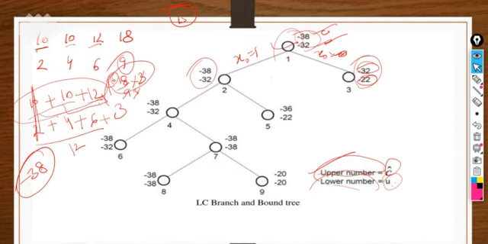Complete this, 10 plus 12, whatever is left: 22 we can take, and then 10 we can take, then 32. So only the lower part of the cost will change, the upper bound will remain as it is. Minus 32 will be the upper number, and the lower number will be minus 22.